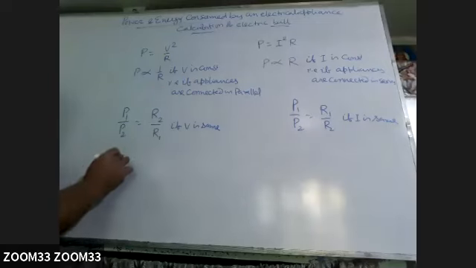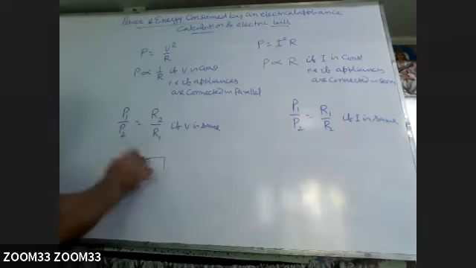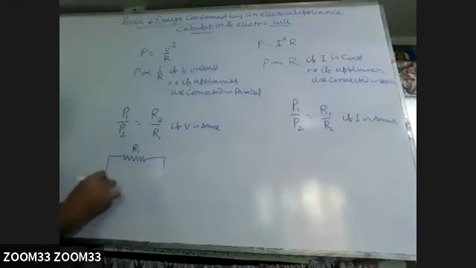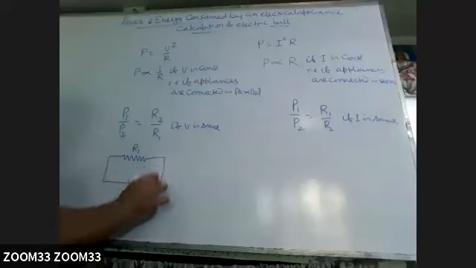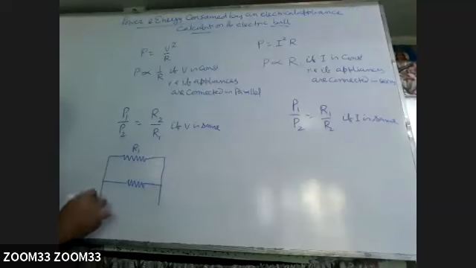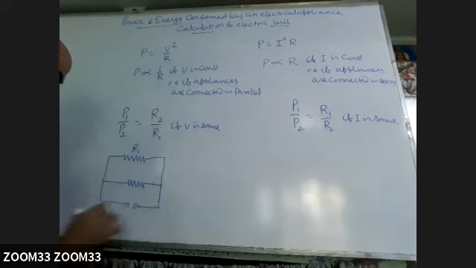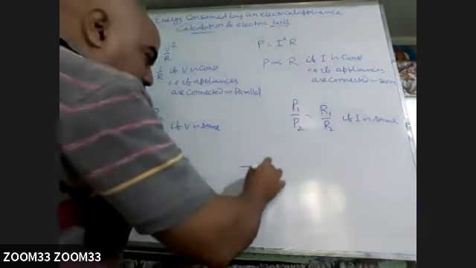So if the two resistors are connected this way, suppose this is R1 and this is R2, they are connected to any source, then if you are asked to find the ratio of their power, one consumes electrical energy per unit time P1, the other consumes P2, then P1 by P2 will be R2 by R1. And if they are connected in series,